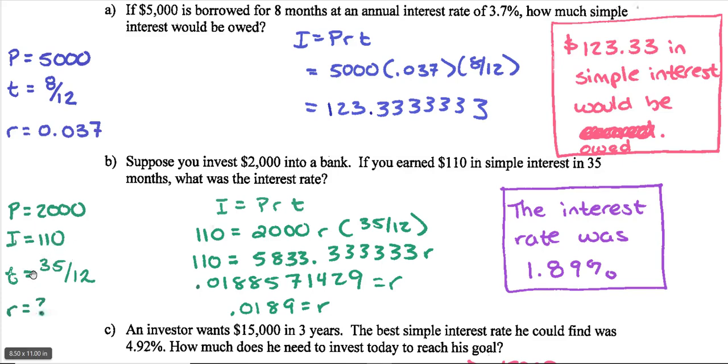We know our time, T, is 35 months, so we'll convert that to years by doing 35 over 12, and R is what we're looking for. So we can plug in I, P, and T. There's R right there. I'll do my 2,000 times 35 over 12 to get 5,833.333333. And then I'll divide both sides by this 5,833 number, and I get